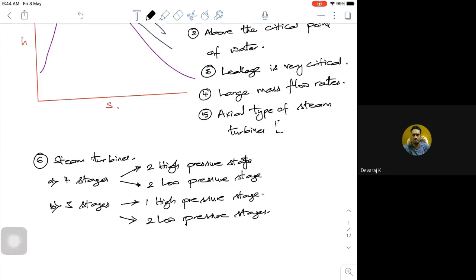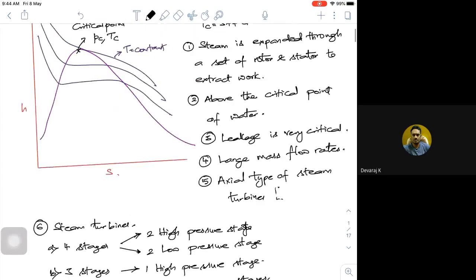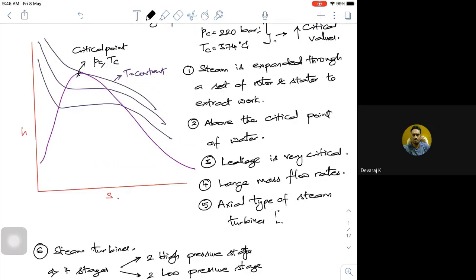What are the operating points? The operating points will be somewhere on this side. You can see in an HS diagram when we try to solve the problem. In our TS diagram, from the boiler, the steam comes out near dry saturated, and then it is taken to the superheaters. Superheating is done at the same pressure, at maybe around 400 bar or 500 bar, to a very high temperature of 800 degrees or so. Then it is expanded in a turbine. That's how the turbines work.